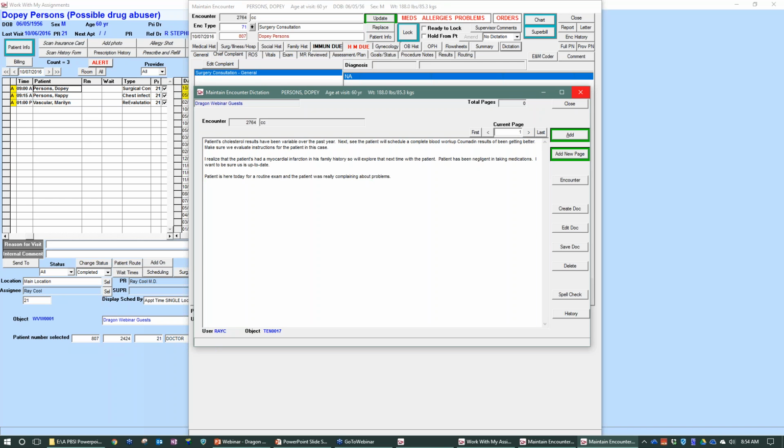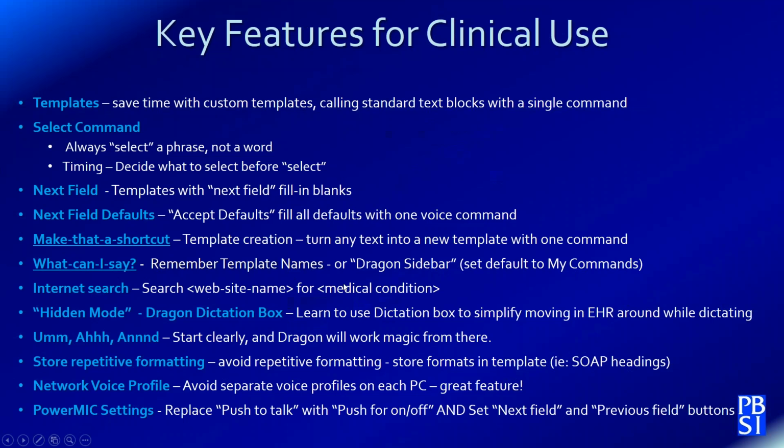So you can see the point here is that Dragon has learned how to filter out speech patterns, whether I say um or pauses or keeping my voice going, things that used to really cause Dragon to get a lot of wrong text. It's gotten very, very much better. So you can also store report formatting. I won't spend time because we want to be finished by 9 o'clock, but